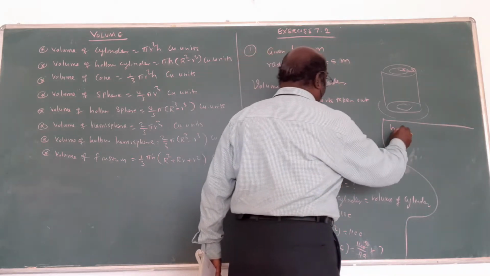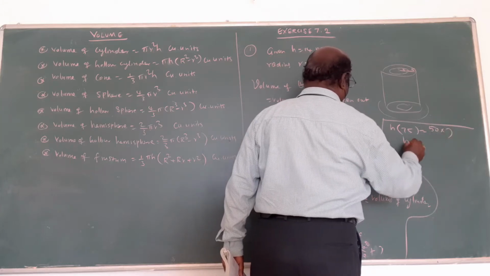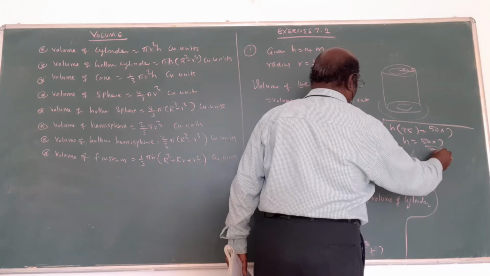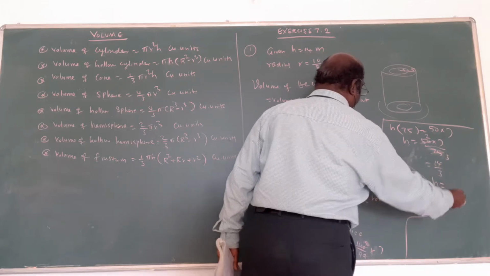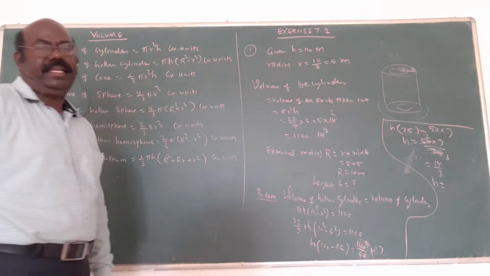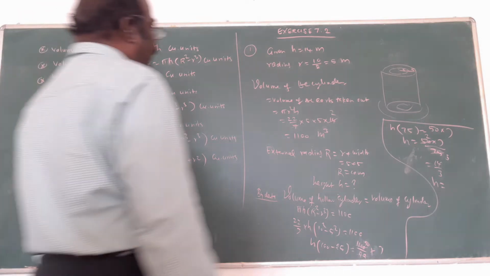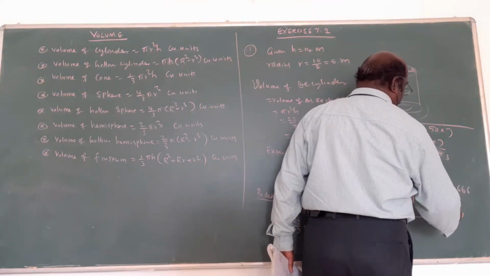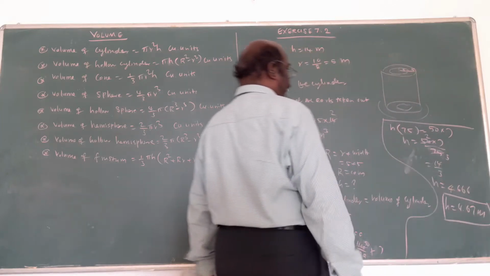The h is equal to 50 into 7 by 75. 25 times 3, 25 times 2, so 14 by 3. So h is equal to what? 14 by 3. Roughly divide, point something in the middle. What is that, sir? 4.67. 4.66 is going on. Therefore, 4.67 meters is the height of the mound.